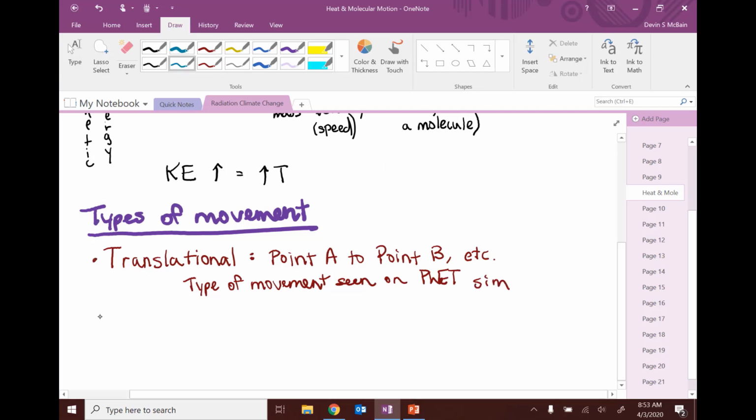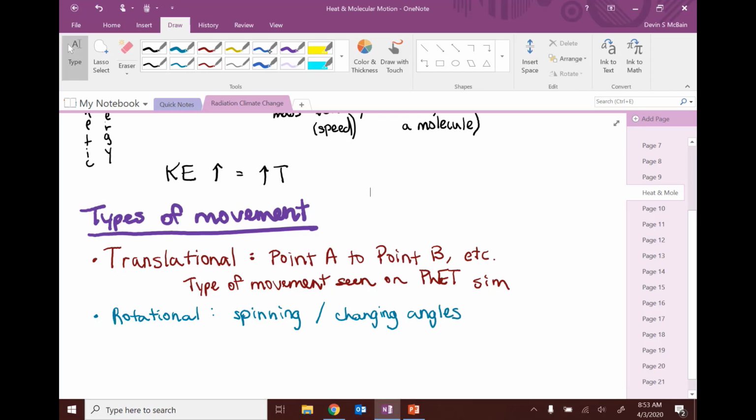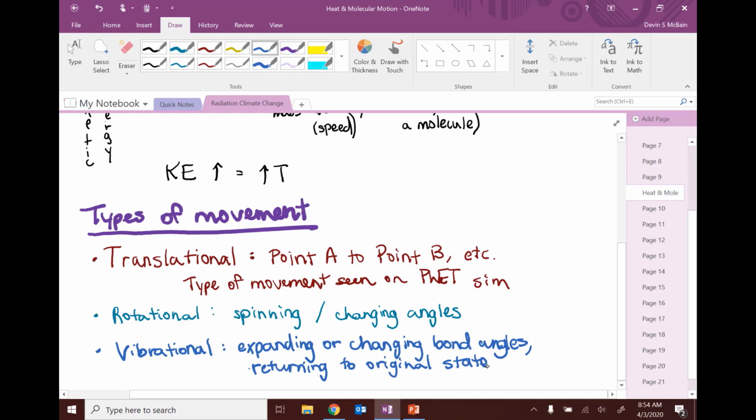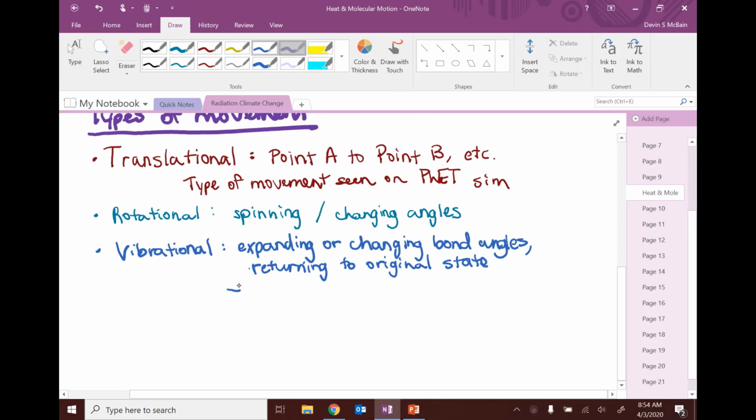We also have rotational movement, and that's exactly like it sounds. Something stays in place, but then it just spins, or changes angles. And finally, we also have vibrational movement. Vibrational movement is where the molecule is somehow expanding or changing bond angles and then returning back to its original